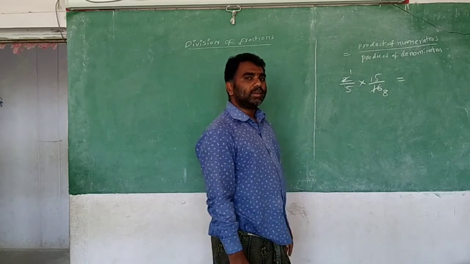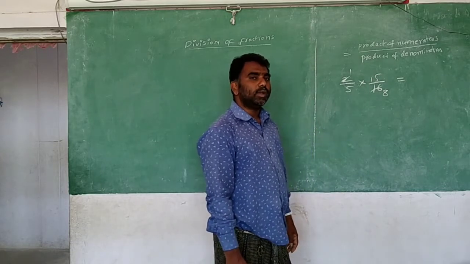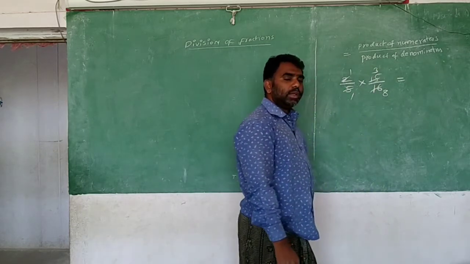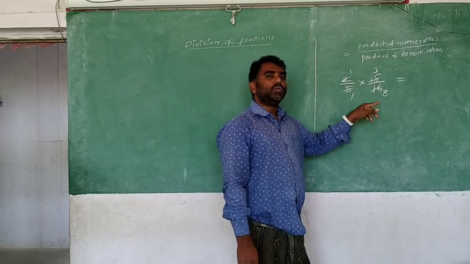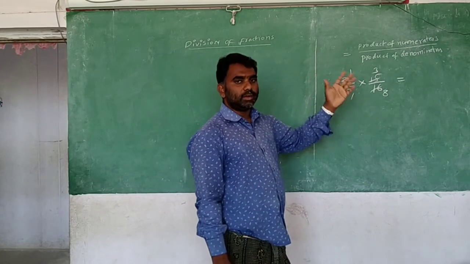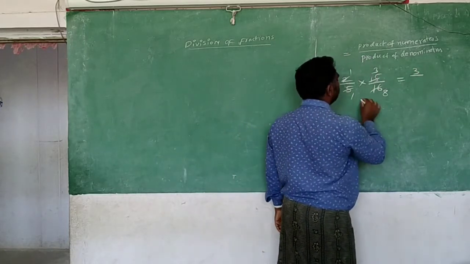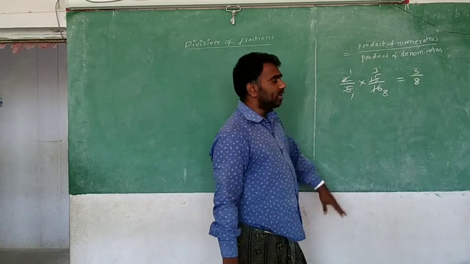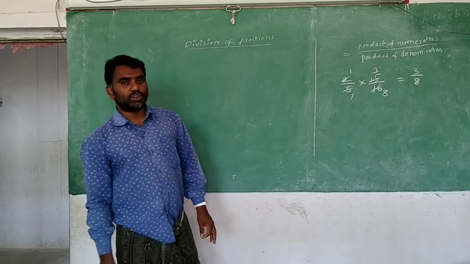Then can you find any other? Yes, you can find 5 and 15 also. So how do they come in the same table? In the 5 table: 5 ones are 5, 5 threes are 15. Whatever the choices are, complete all of them, and finally for the numbers left here, multiply the numerators and multiply the denominators. Multiply the numerators, 1 threes are 3. Multiply the denominators, 1 eights are 8. So simply, the answer is 3 by 8. This is the way of multiplication.